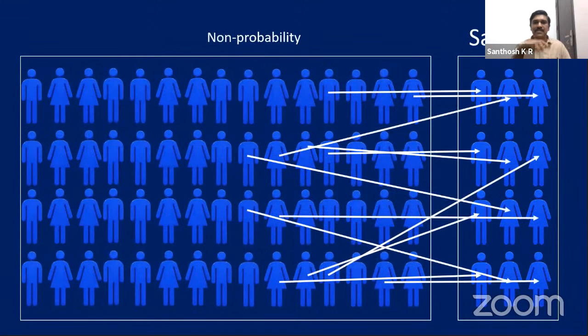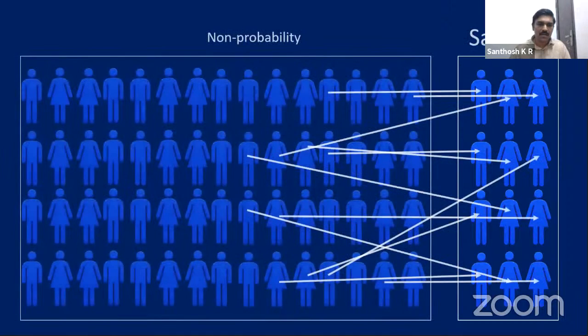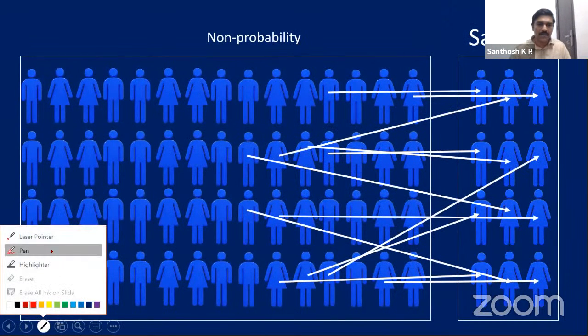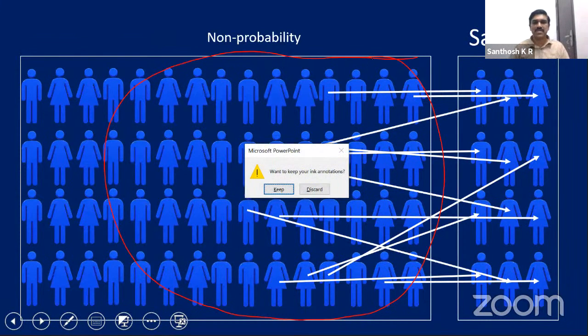We cannot say that it is representative. We might have only collected data from this particular set of people. Otherwise, we can say that we might have collected many. We might have collected data from at least these sets of people, if it is a large sample. If it is a small sample, we cannot say like that. So what happens? We have to say like